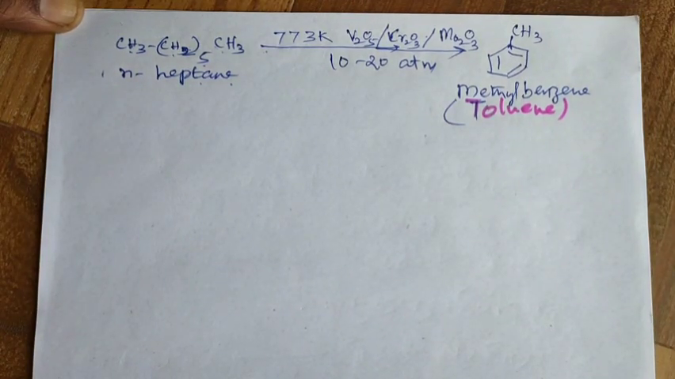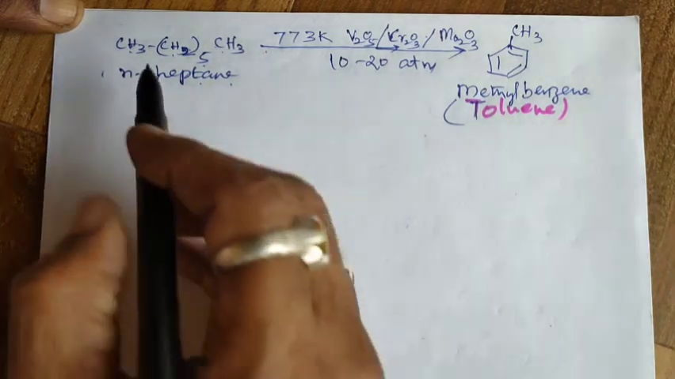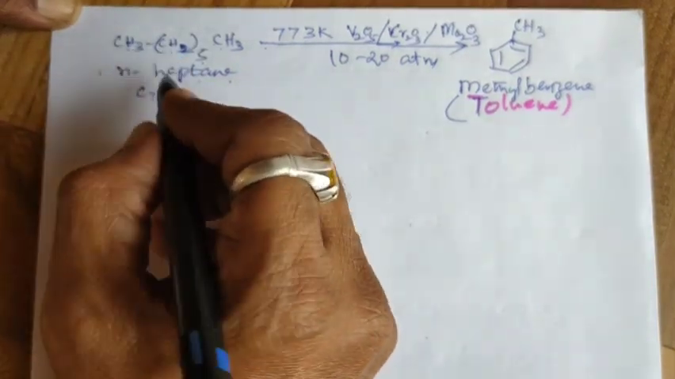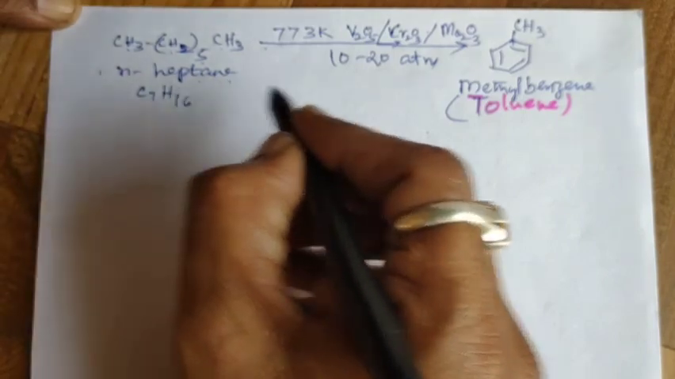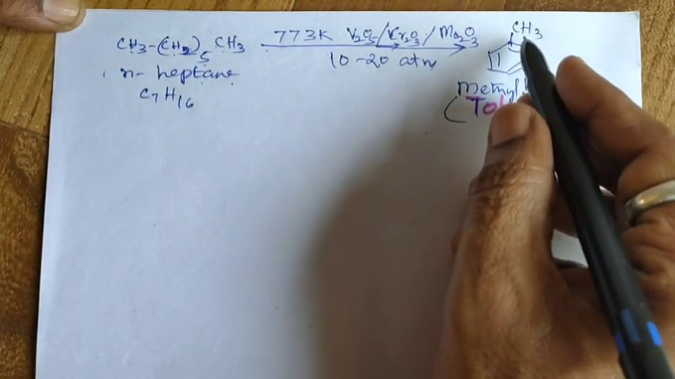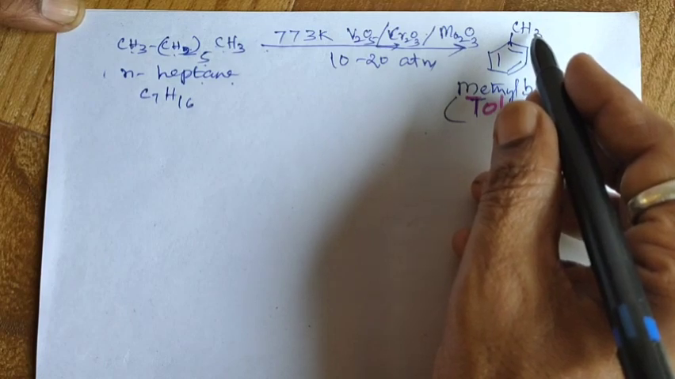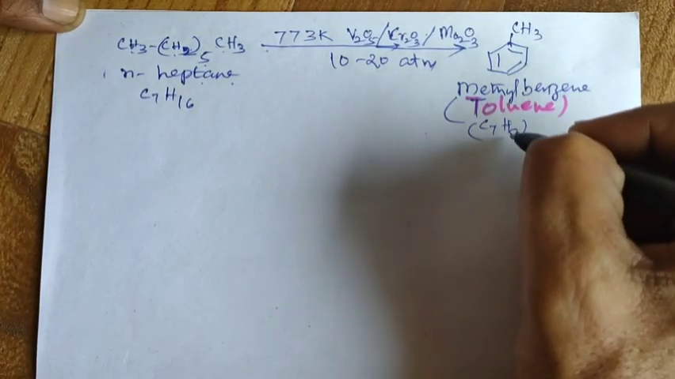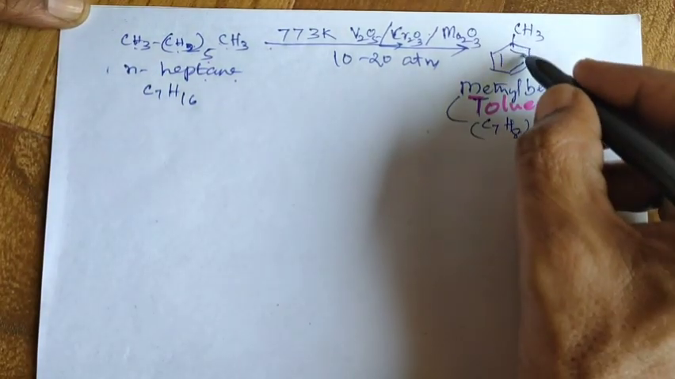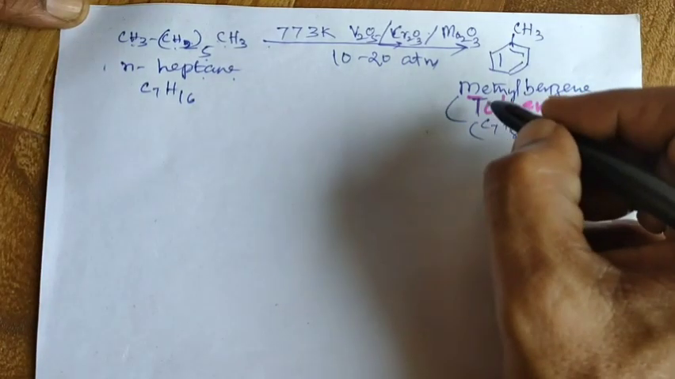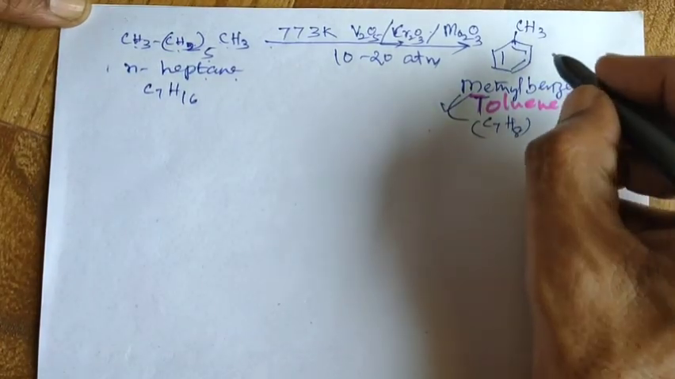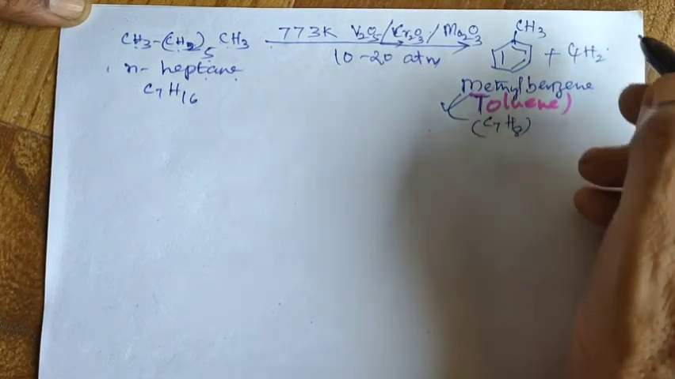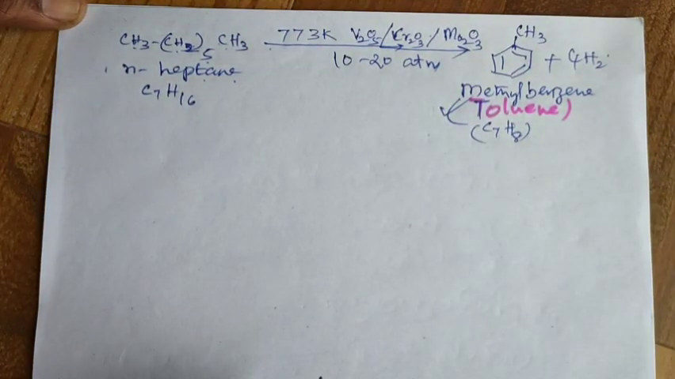Okay, what about balancing? Sometimes balancing is required. C7H16 gives C7H8 plus 4H2. The molecular formula is not giving clarity, so it is better to write the structure. This is methyl benzene, also popularly known as toluene, the accepted IUPAC name, and the other hydrogens are 4H2. So hydrogen gas is released, and this is called